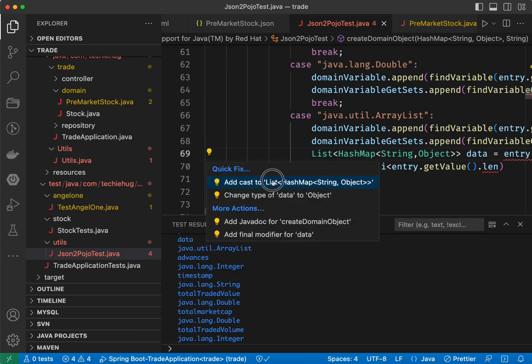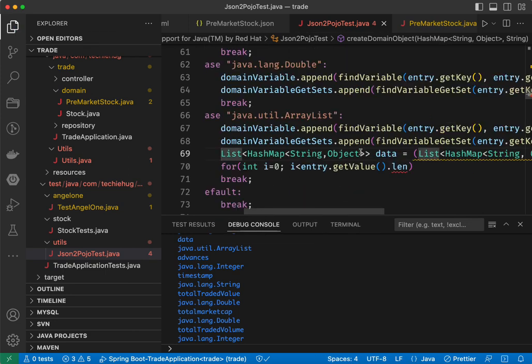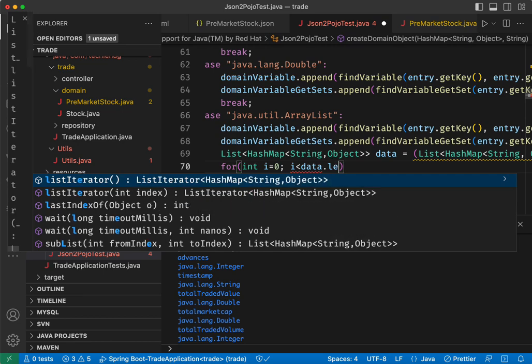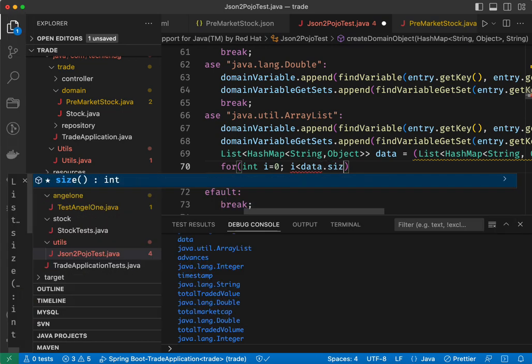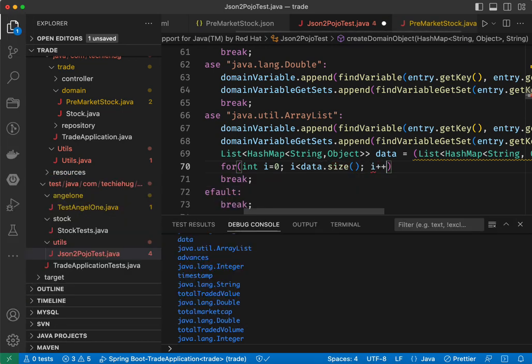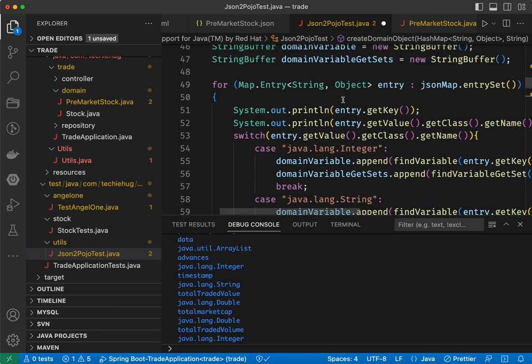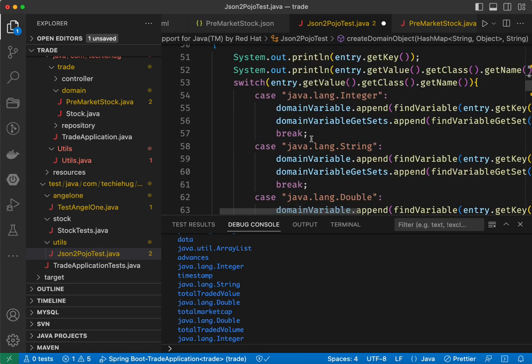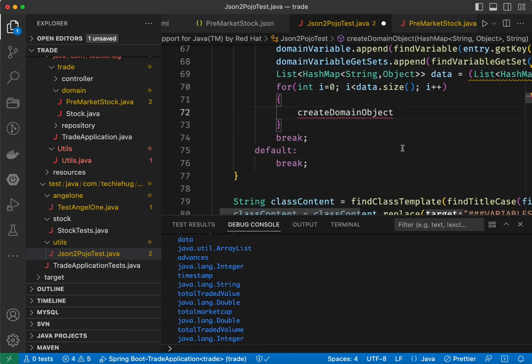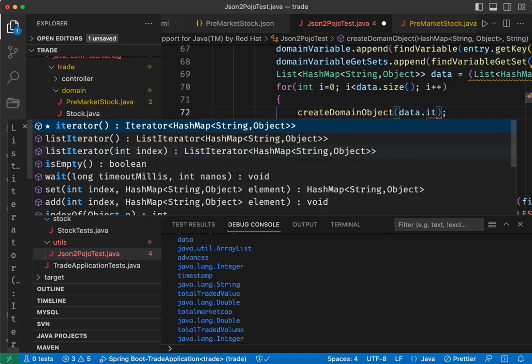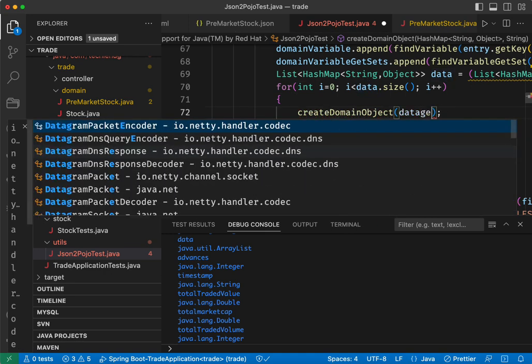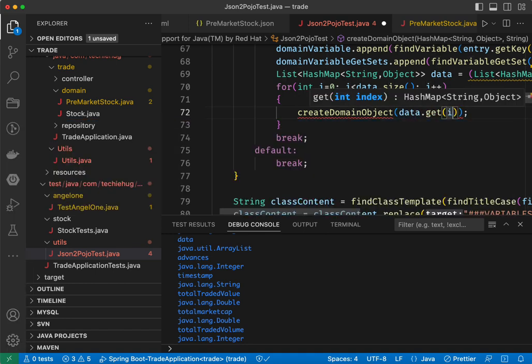Okay, then do the list data dot length, sorry, size, right? Size, then i plus plus. What I'm going to do is use the same function in a recursive manner. Like this, I'm going to pass the data of i, the item, get i with